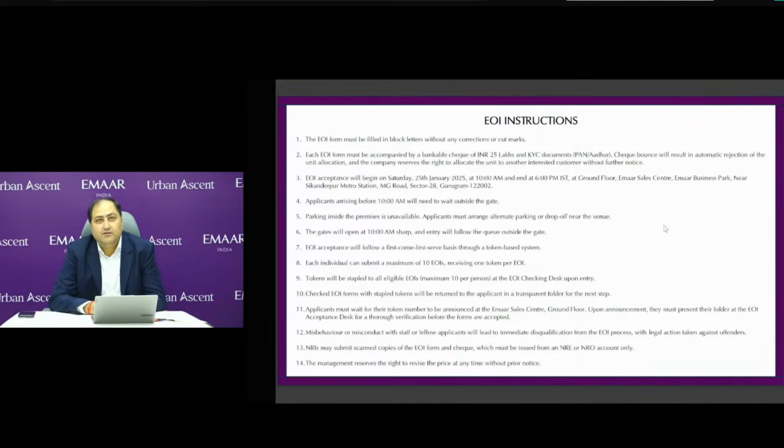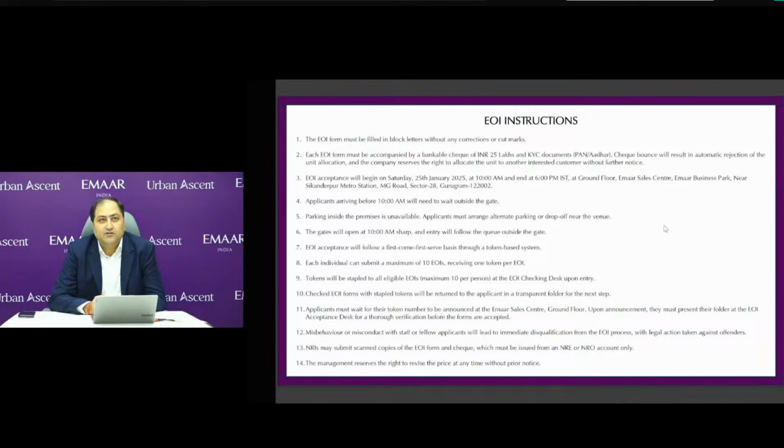immediately a cost sheet will be generated by the person helping him with the allocation, and it will be emailed to the registered email ID given on the expression of interest form. So it's very, very important that all the details on the expression of interest form, especially the mobile number and the email ID, have to be absolutely legible. I would recommend writing it in block letters, so that there is no confusion tomorrow, and the mail reaches immediately,